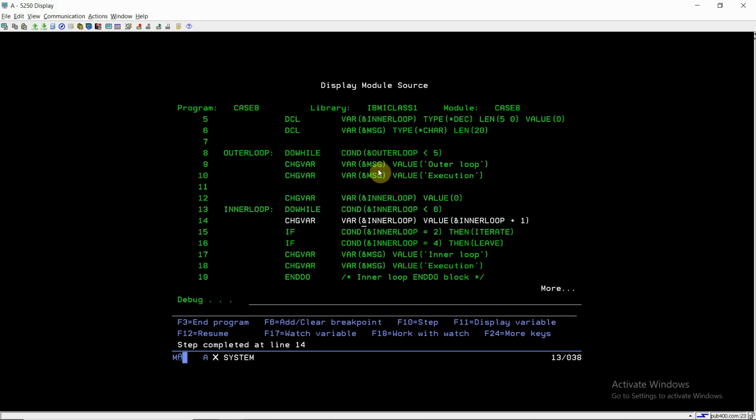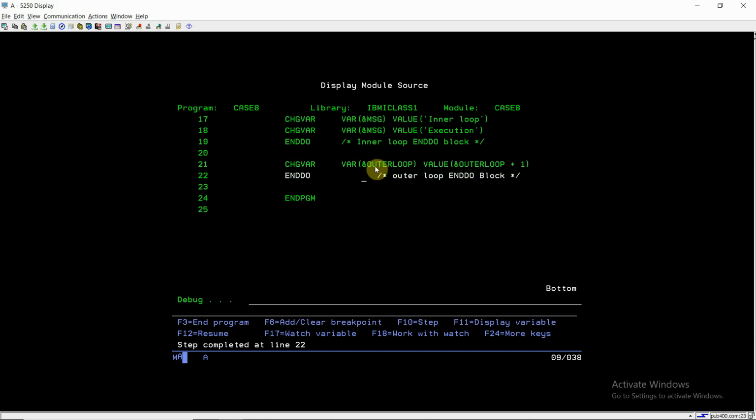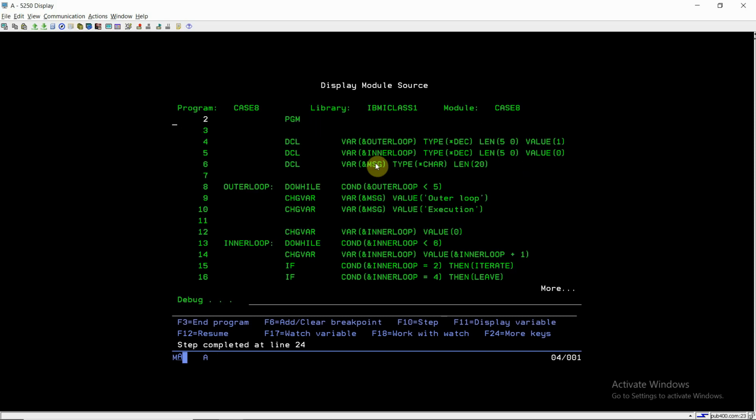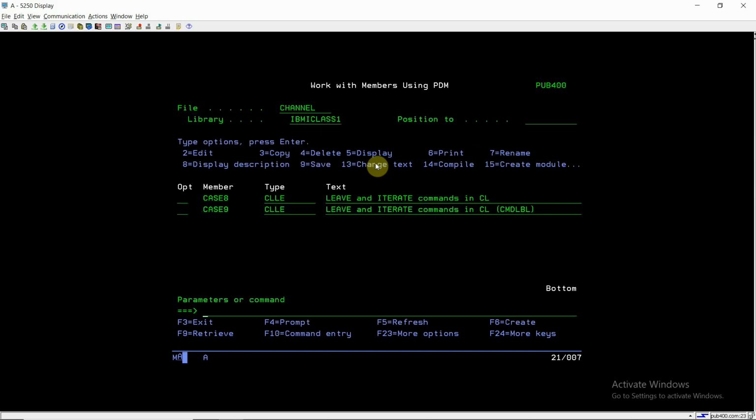Again the same thing: at inner loop 2 it will iterate and skip the processing, third will process, and for the fourth it will leave the loop. Now the outer loop becomes 5, so the outer loop condition, which is less than 5, fails. So the outer loop exits, and now the program exits.